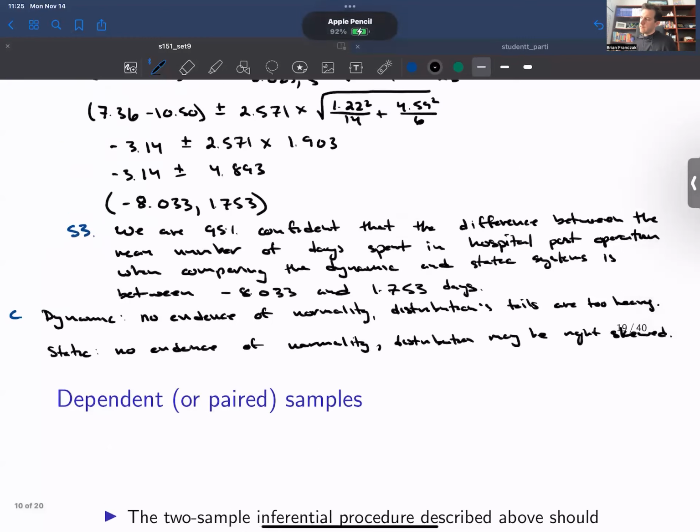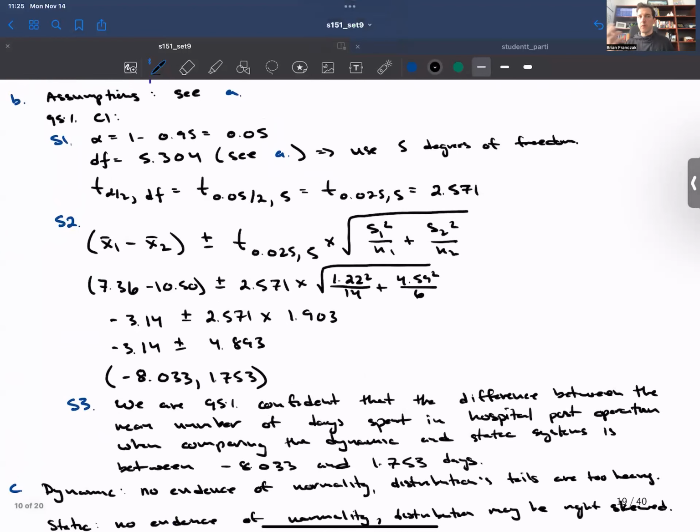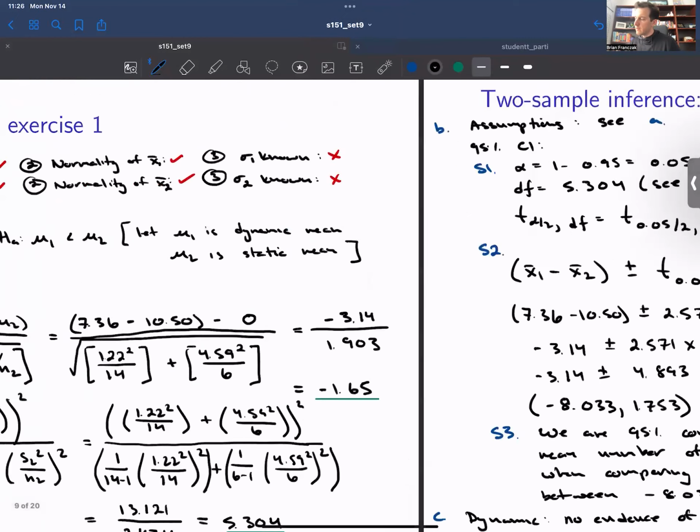All right, so in this illustration, we saw an example of a hypothesis test for 2 independent samples, and an example of a confidence interval construction for 2 independent samples. The test and the interval run using the same steps. I always teach the hypothesis test as a 6-step process and the interval as a 3-step process. Both start with an assumption check. The independent 2-sample tests are a bit trickier or longer to run, mainly because of the